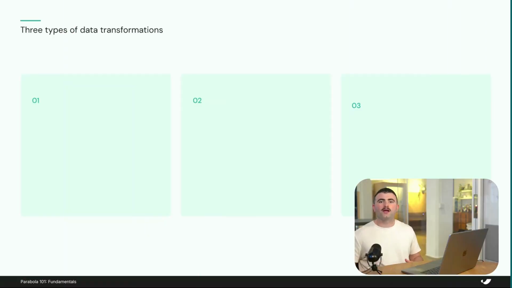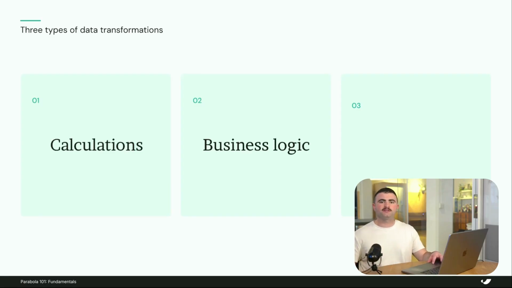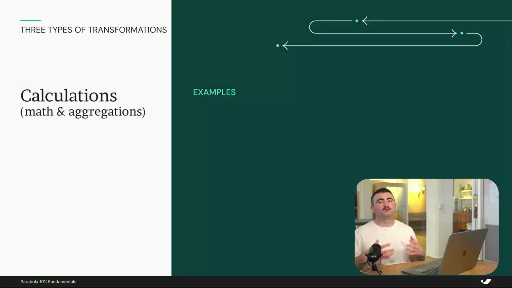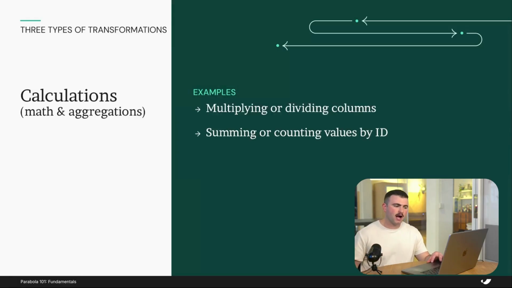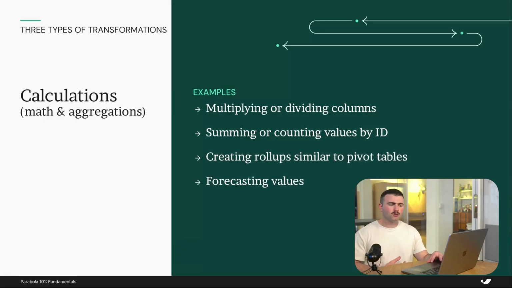transformations. When it comes to data transformations, we usually see transformations fall into one of three broad buckets: calculations, business logic, and formatting. I'll run through some common examples across each bucket. Calculations refer to the math formulas and the aggregations that you're probably doing via formulas and pivot tables in Excel and Google Sheets today. That includes things like multiplying and dividing columns, summing up or counting values based on something like an ID, state, or date time period, creating roll-ups, and also forecasting values out going weeks or months into